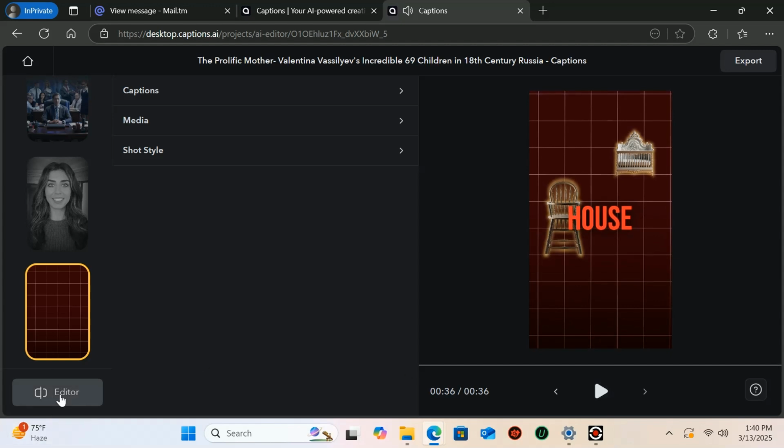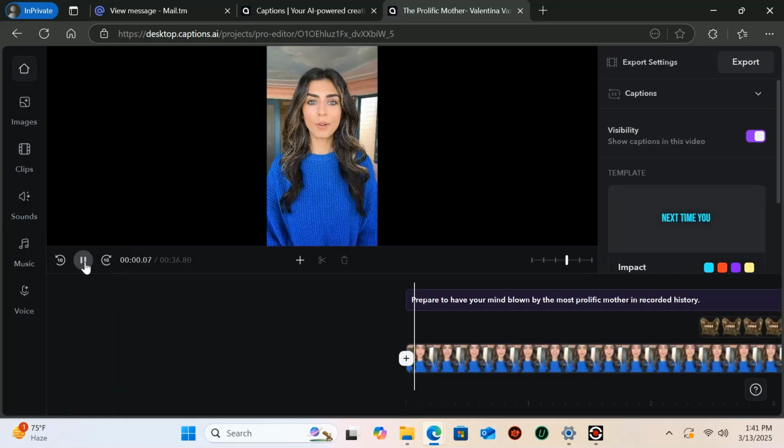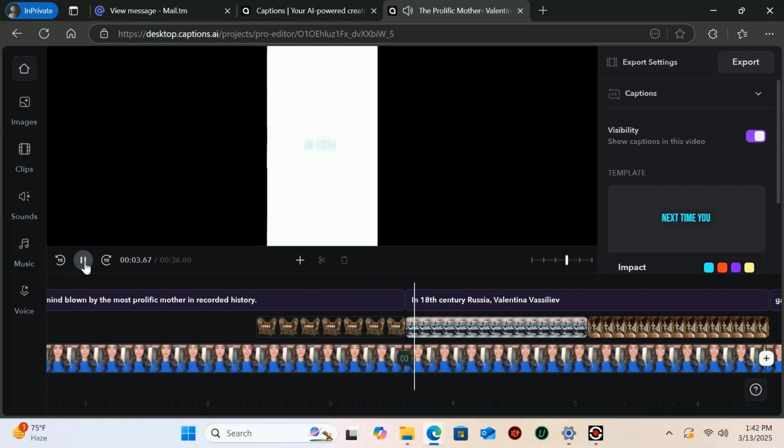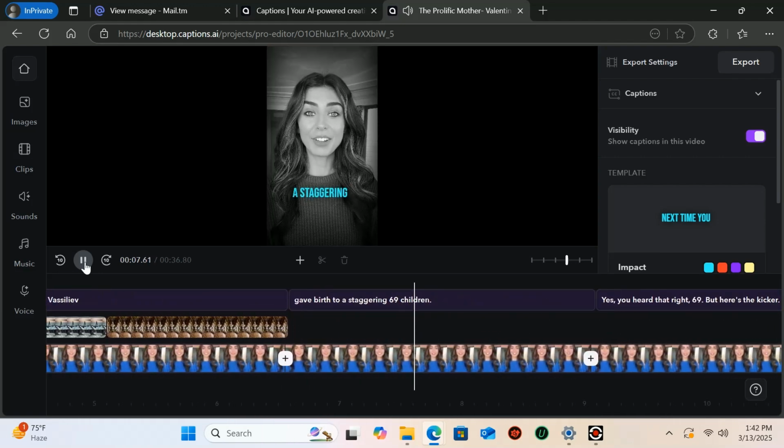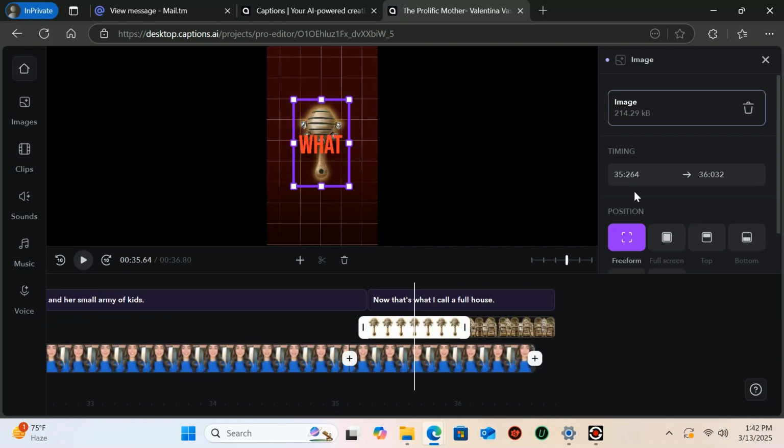If you like the editing, you can export it. If the video is not good, you can skip. You can go and edit everything on the timeline yourself. If you want to change any image on the timeline here, if you want to add some background music or add some animations or transitions, you can do everything in this. You just need a little training for it.